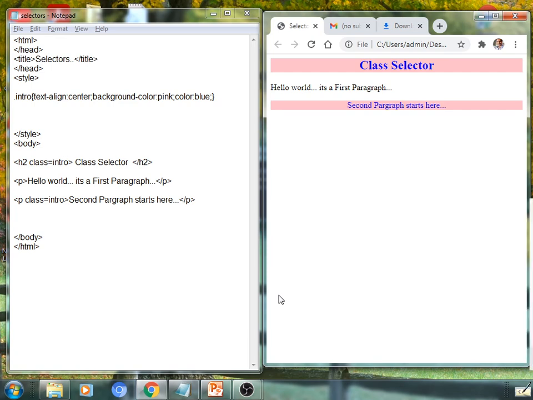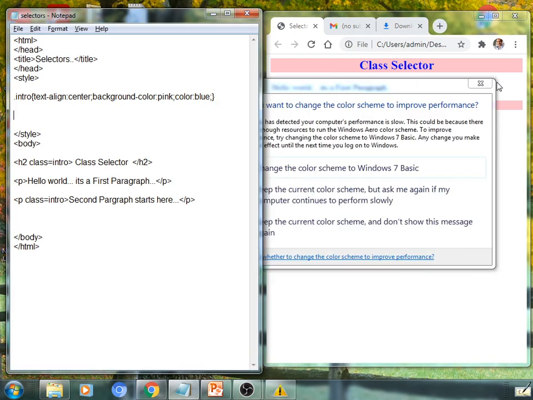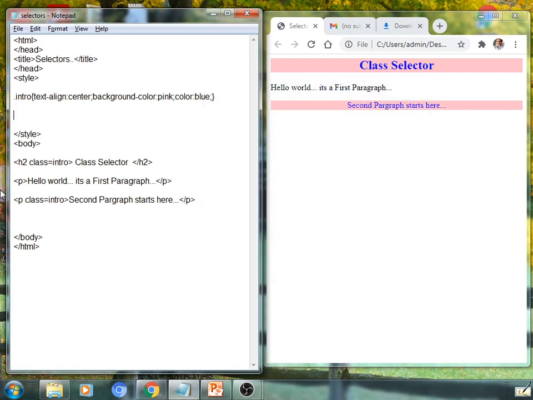So it is practically proven how to design the ID selector and class selector, not only reading lines from the book, not showing the code and its output in a book. One can get proof by using a practical approach like this.